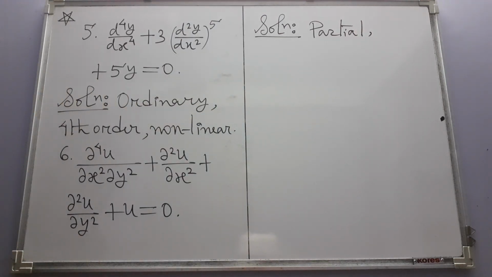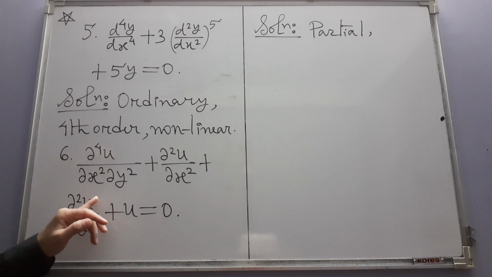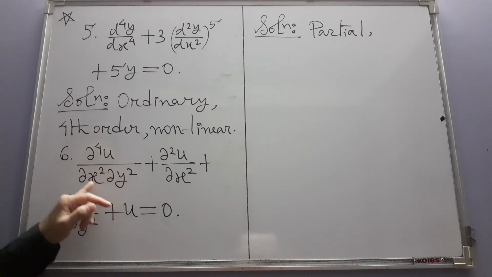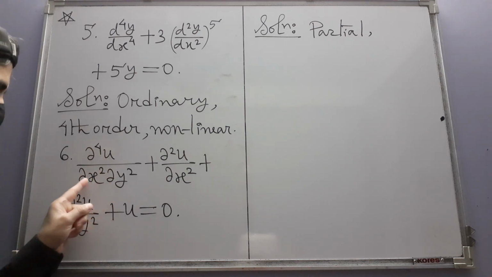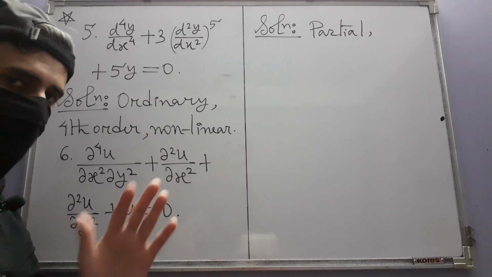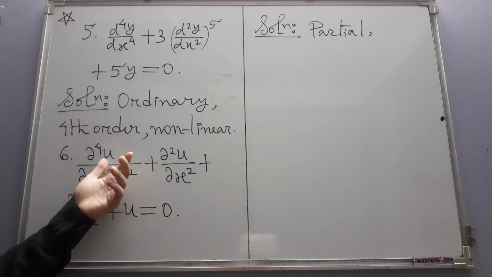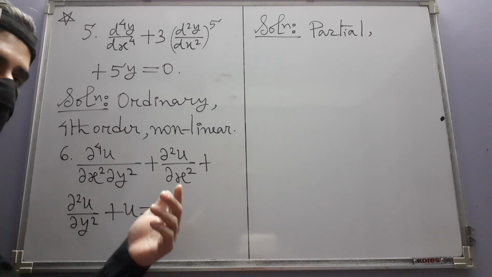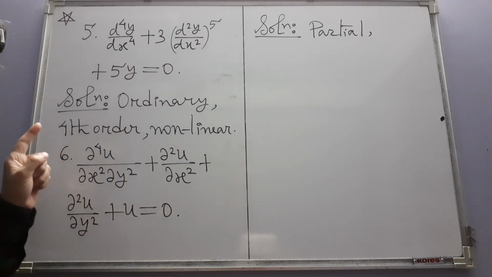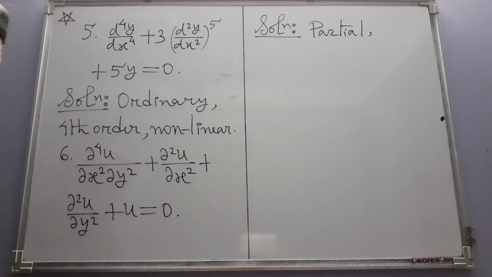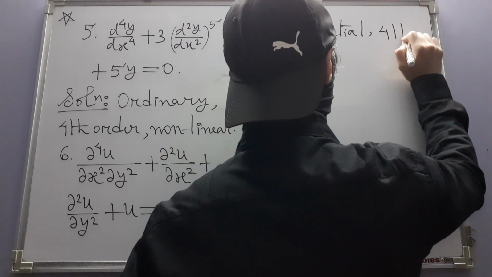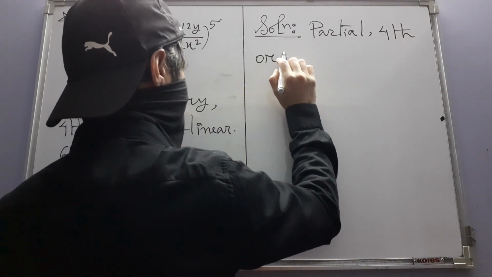Then what about the order? Order is the highest order derivative present. This is a fourth order partial derivative. Okay, we are differentiating with respect to two independent variables successively. So you first differentiate u partially with respect to y twice, and then you differentiate that partially with respect to x twice, but you did it 4 times in total, right? So this is a fourth order partial derivative. So that is why this is